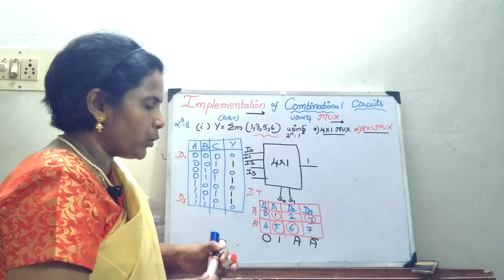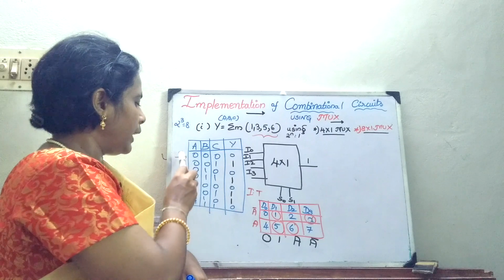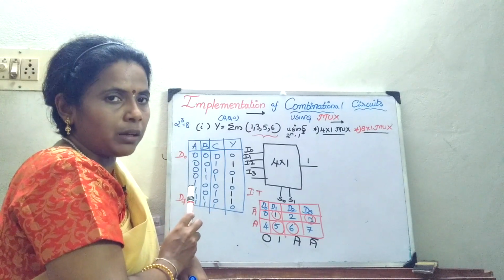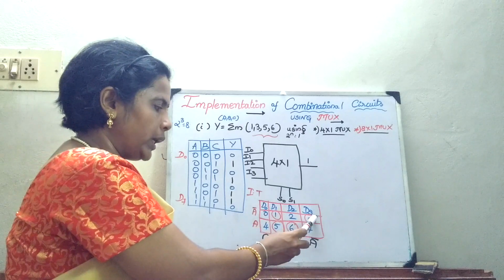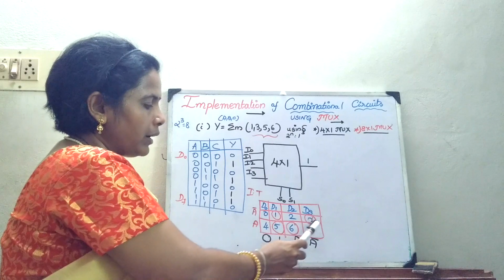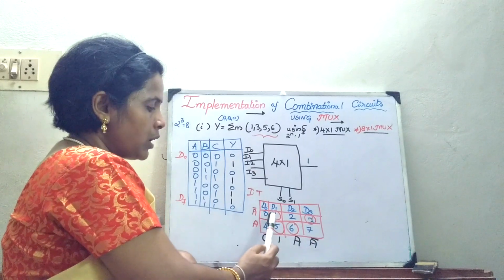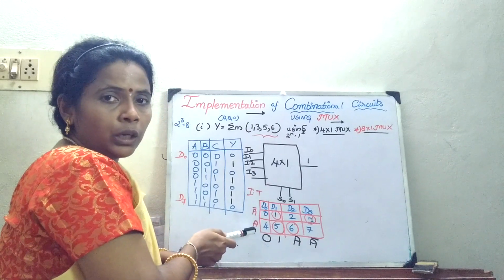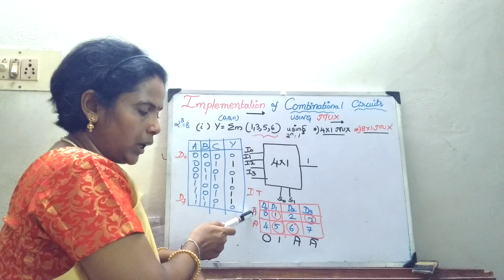So what did you do? You have just drawn for the data D0 to D7 the reduced implementation table. So you have D0 to D3. The variables, instead of being written in a straight line, have been divided and written in two halves: 0, 1, 2, 3, 4, 5, 6, 7. Since a variable can take only two values, I am writing it as A and A bar.